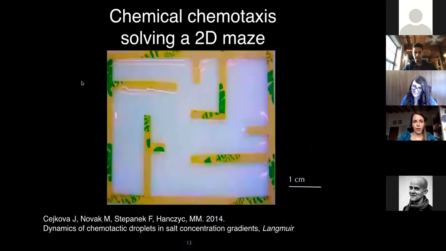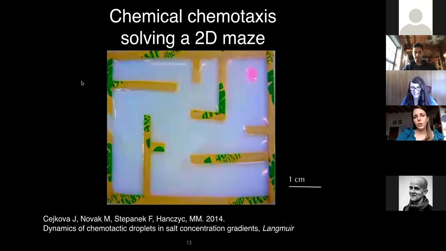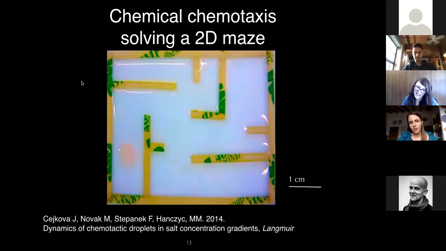So this is, for example, a video of the work of Itka. In this video, you can see this droplet of decanol in pink that is placed inside a 3D maze. At the same time, on the other part of the maze, of which the pink droplet doesn't know anything, is placed another droplet that is charged with salt. The salt creates one gradient that attracts the pink droplet. And as you can see, the pink droplet at the end, without knowing anything at the beginning about the end position in which the yellow droplet was placed, is able to reach it and fuse with it.